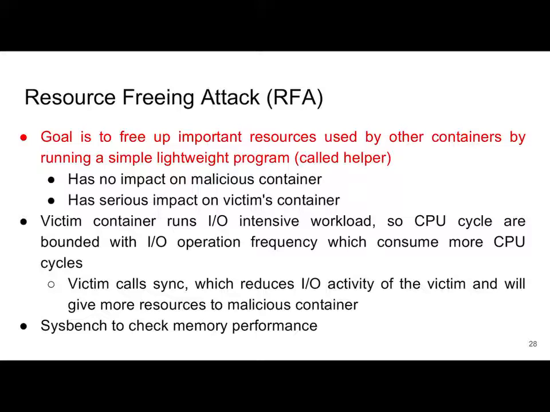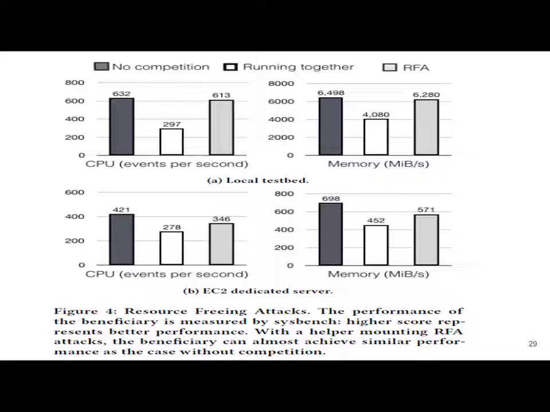And the result we can see in the next figure. The figure shows the result of the resource freeing attack. First, the authors test with no competition, like running the victim and malicious containers on different cores. By this we can see the malicious container working independently has 632, and when we run both on the same core without any helper